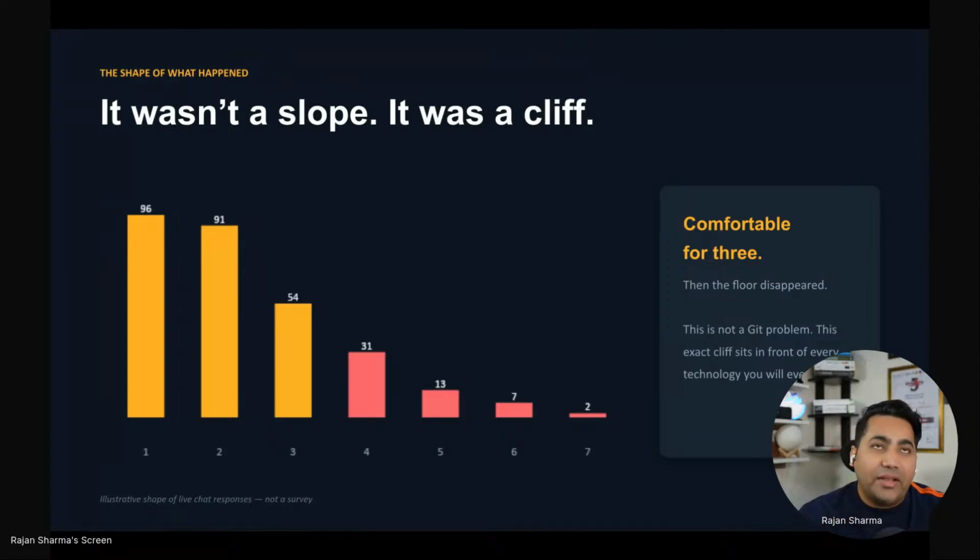So in the last offline event, we did some research with around 100 people. We asked the same set of questions, and we asked for yes and no. And here is the map of the yes. And the cliff exists for every technology you will ever touch. It is not just for one technology. And this is a very generic map. When I'm saying generic, maybe the numbers can be different based on the people and based on the community, but you will always see such a slope in all technologies when you go with the headcounts.